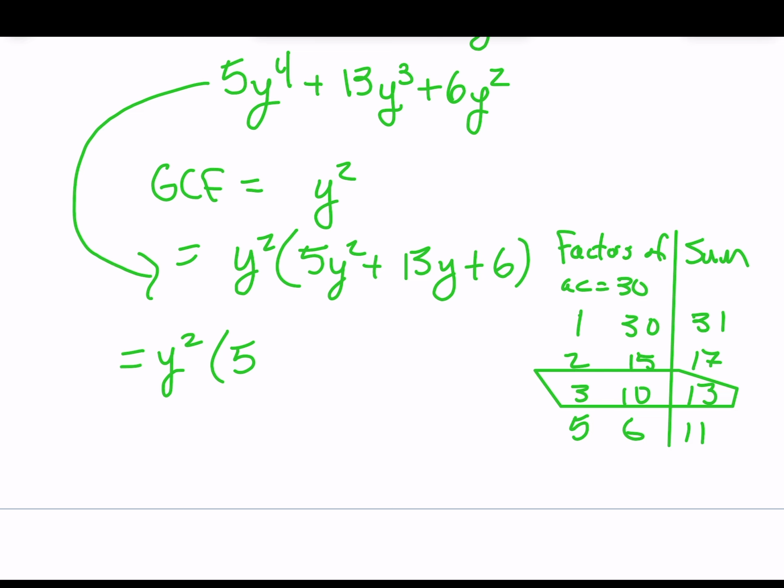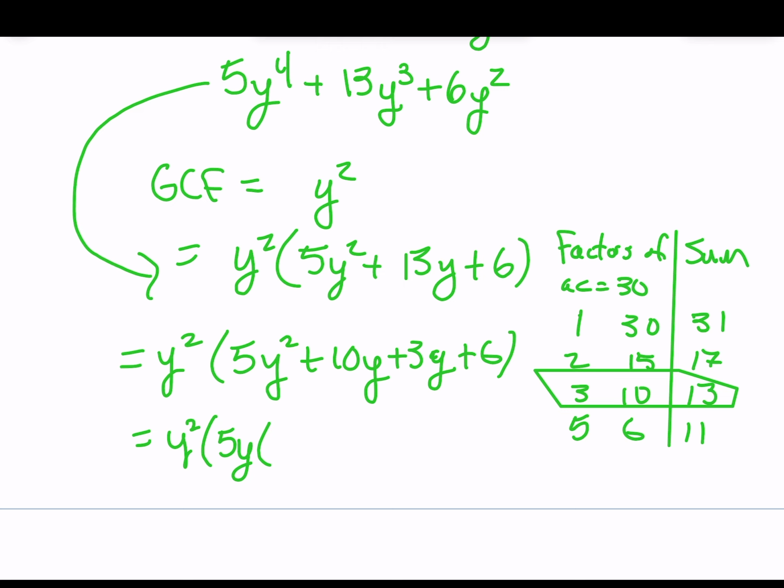So we can break up that middle term. So that's y squared times 5y squared plus 10y plus 3y plus 6. Now notice that I chose to put the 10y first when I broke that up because I want it to work with the 5y squared. We want that grouping. So what we can do, we'll keep our GCF hanging around,